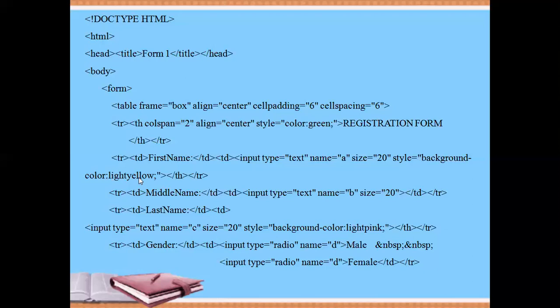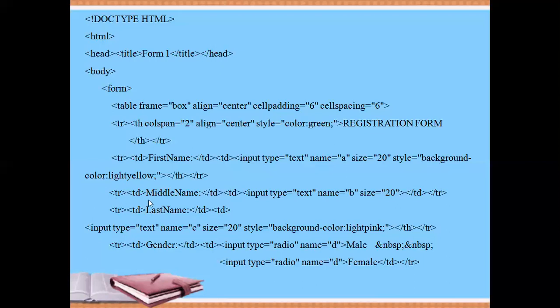If you recollect, in the types of CSS session, I had shown a table with all the CSS properties. When you are doing programming with CSS, use a reference to that table. All the properties with the examples and the format, syntax, how to write it are shown. To put the background color, you are putting the property as background hyphen color colon the value. Light yellow is the value here. Close td and close tr.